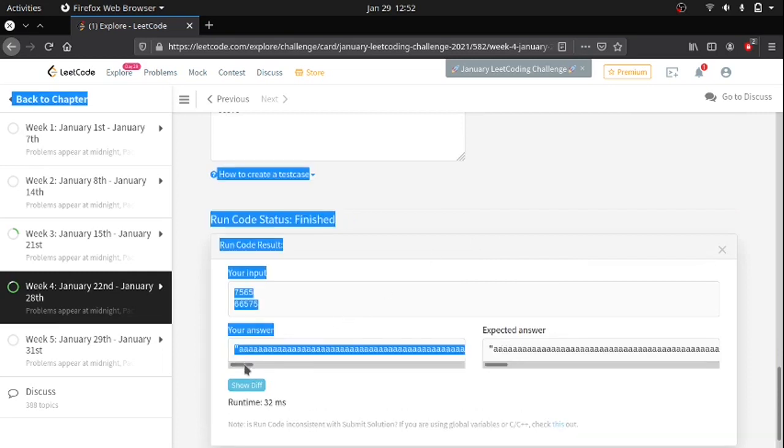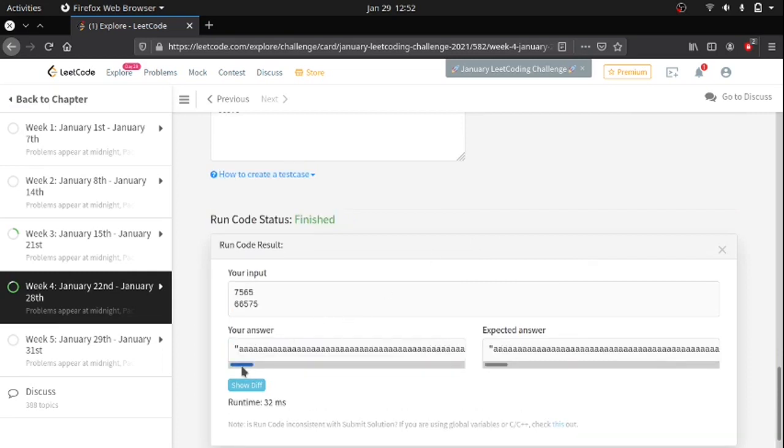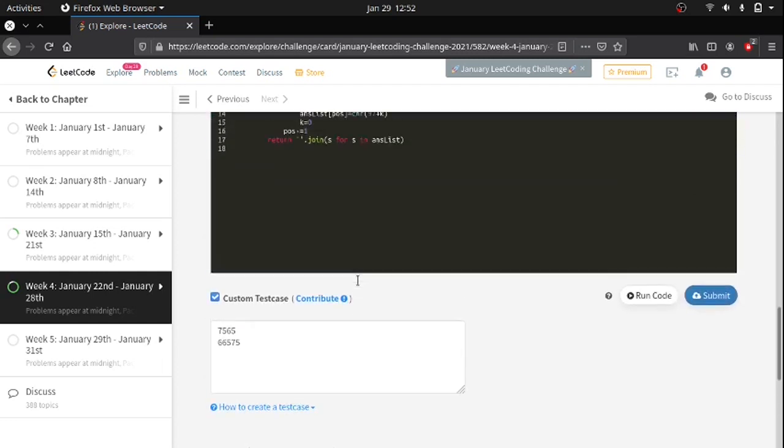The answer is all a's, all z's, and there will be one character in the middle that is other than z and a. That is how it works, because it is the lexicographically first element.